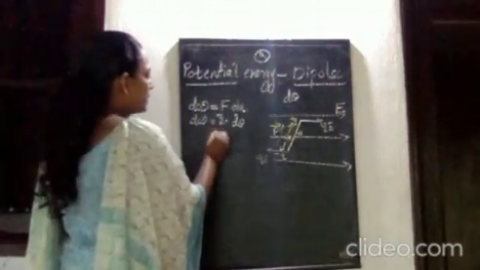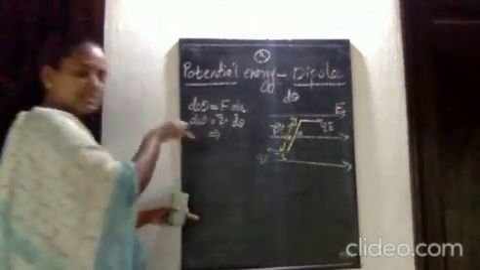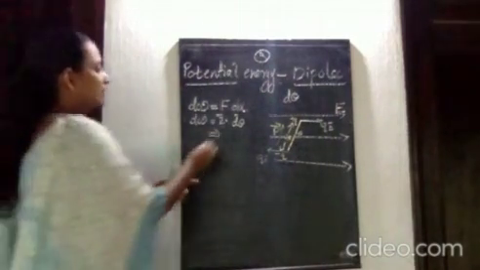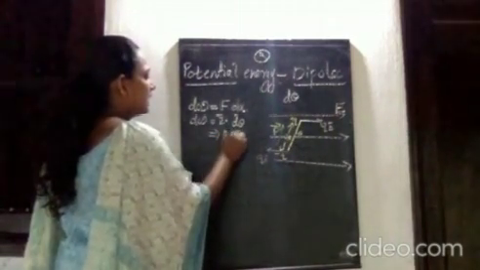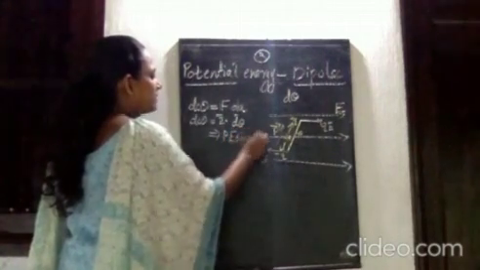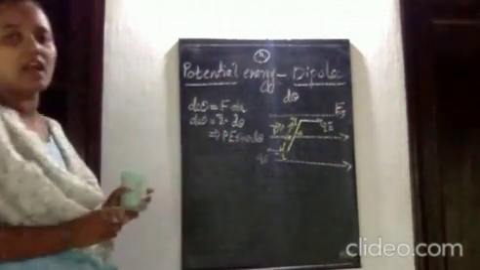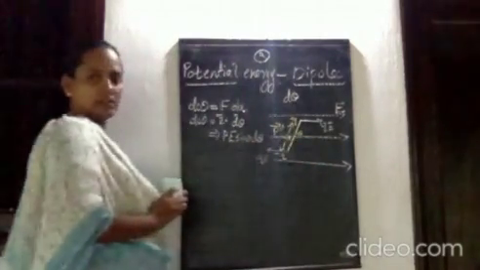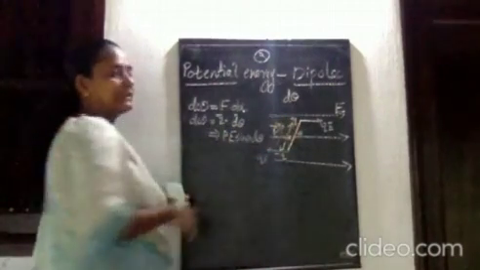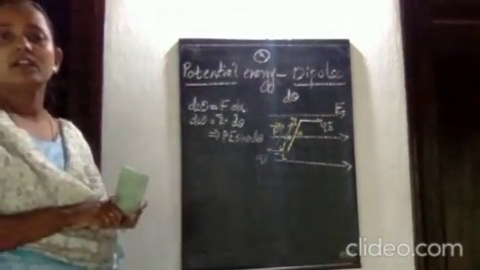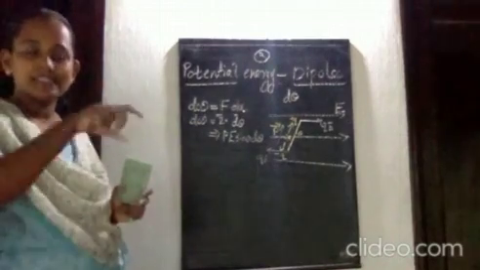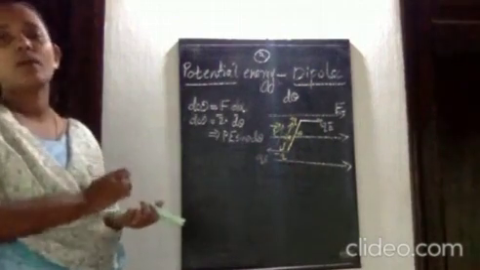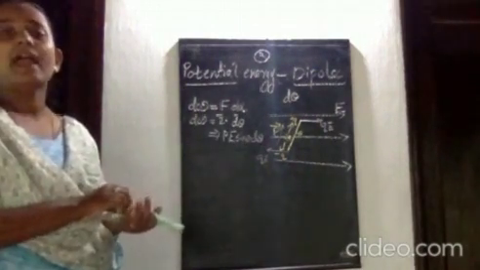What is torque? Torque is the expression you studied in the previous chapter. The torque experienced by a dipole placed in a uniform electric field is P E sin theta, where P is the dipole moment and E is the electric field. So dW is P E sin theta d theta. When this dipole is rotated in this uniform electric field through a small angle d theta, the system has to do some work, and that work is stored in the system in the form of its potential energy.